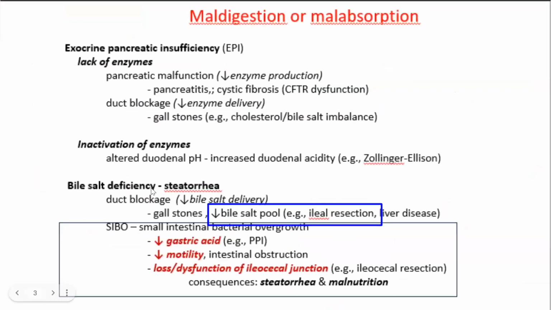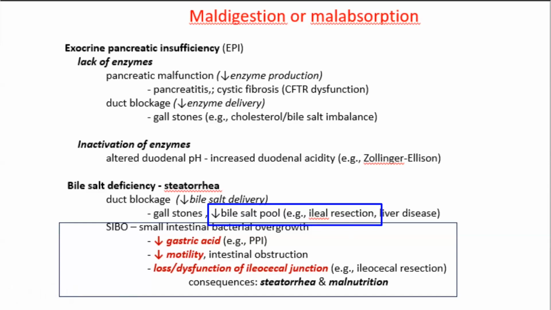Now let's look at why that is. So his terminal ileum, his ileum basically, is resected. And we know that with ileal resection, this is a screenshot of the lecture slides where this is mentioned, just so that you know for reference. So when the patient's ileum is resected, the majority of his bile acids are not going to be reabsorbed. We know that the ileum is the site where the bile acids are reabsorbed. They enter the